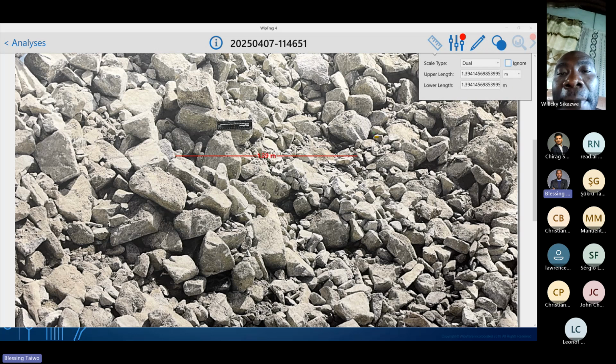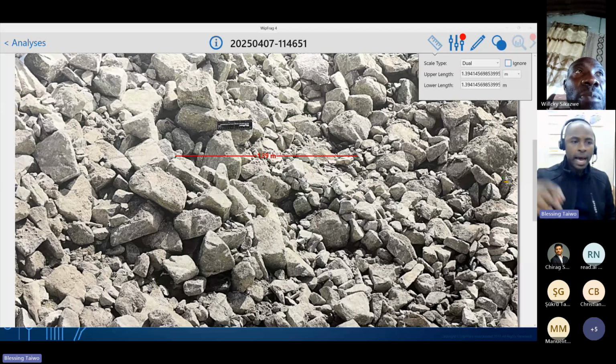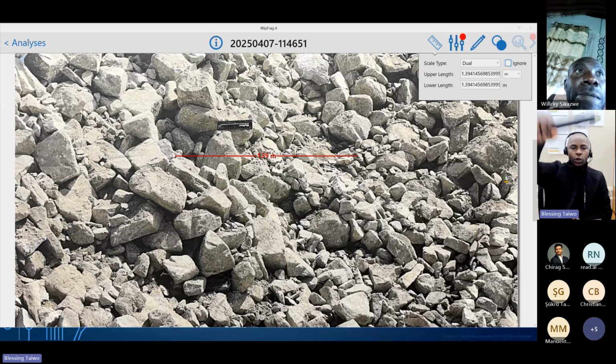Then dual scale is when you have two scales, two objects on this image that you want to use as a scale reference. When do you use the dual scale? You use dual scale to correct for magnification error. For example, here I just want to cite an example of the importance of using dual scale in image analysis technology. I'm going to open my camera, and here I'm going to demonstrate how this can easily affect your analysis if you have any muck pile that is pyramid-shaped, that is a sloping material.